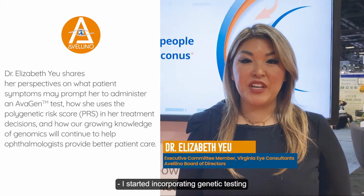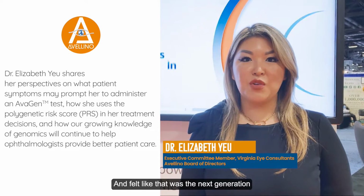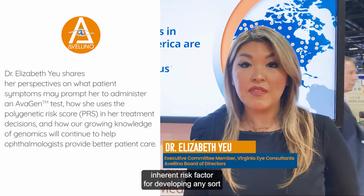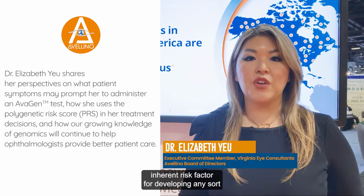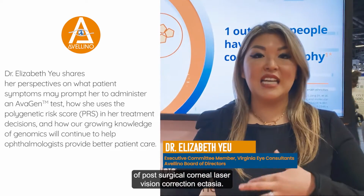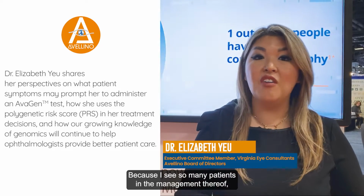I started incorporating genetic testing about 2.5 years ago. I felt like that was the next generation for me to give me some insight and guidance on the patient's inherent risk factor for developing any sort of post-surgical corneal laser vision correction ectasia. Because I see so many patients for the management thereof, as well as primary ectasia, for me, it makes me